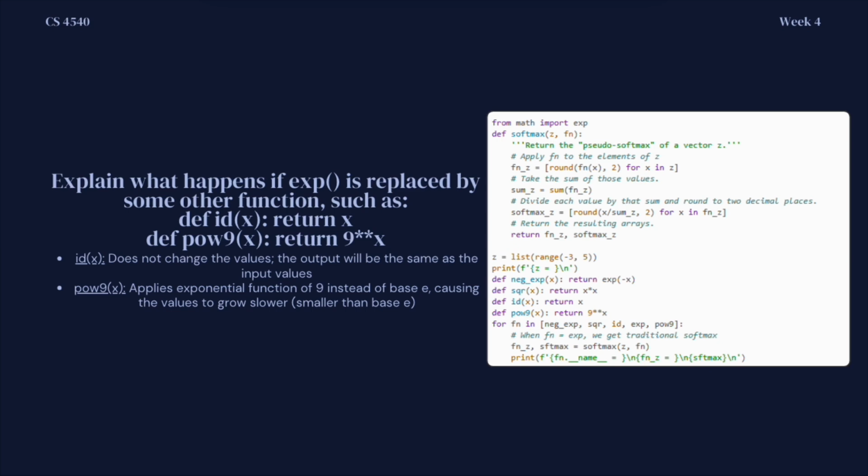If we were to replace it with a function that takes each value and multiplies it to an exponential function with a base of 9, it would replace the standard softmax function, where the exponential function is originally with base e. The values will grow slower than the standard softmax function because base 9 is smaller than base e, which results in the larger